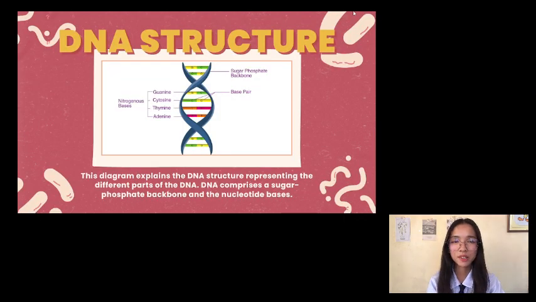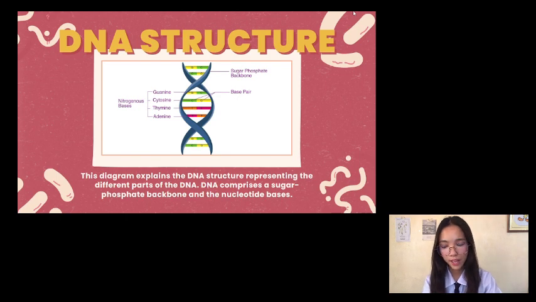Now let us proceed to the structure of DNA. Imagine a ladder that is twisted. That is what DNA looks like. Deoxyribonucleic acid, or DNA, is described as a double helix or double-stranded molecule. This is mainly because of the hydrogen bonds formed between purine and pyrimidine, which are the nitrogen bases that hold